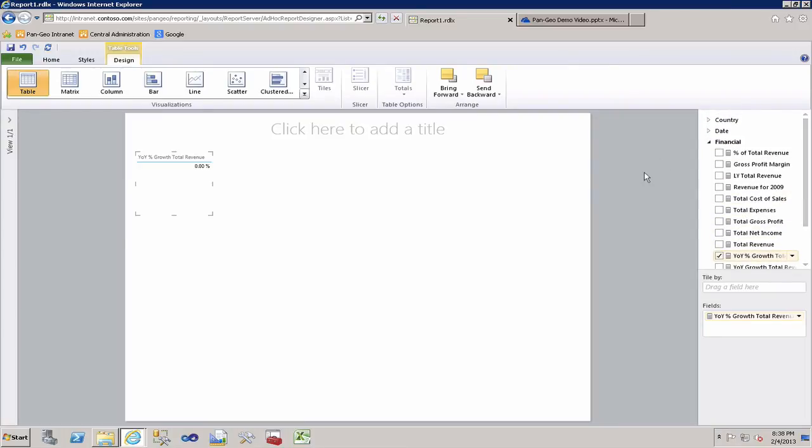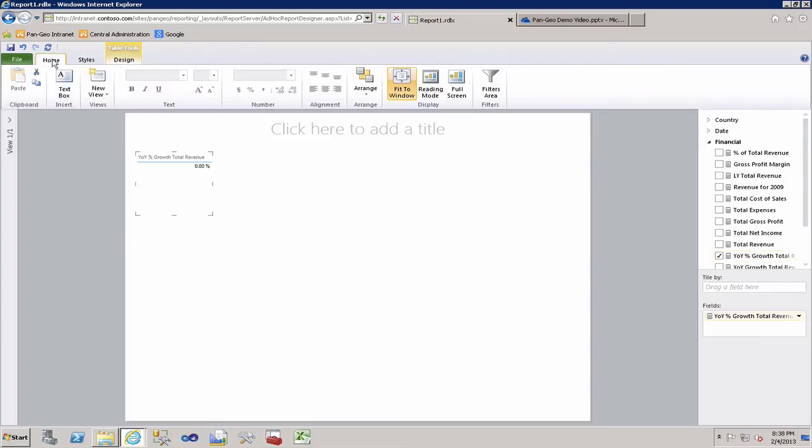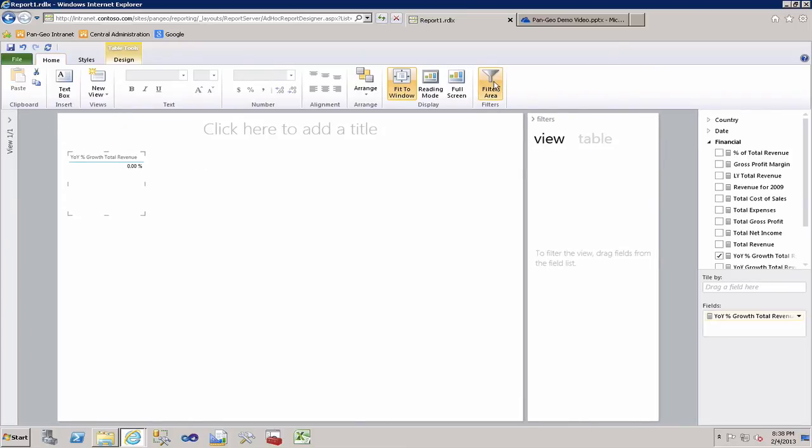And she knows that she wants to only see hotels in Argentina. So we need some type of filter here. And Power View makes it very easy to add a filter. So we're going to go over here to the Home tab. We're going to click on the filter, and that exposes a filter area here. And we see that we have country data in the field list over here. So we're going to drag the country data over here to the filter area,